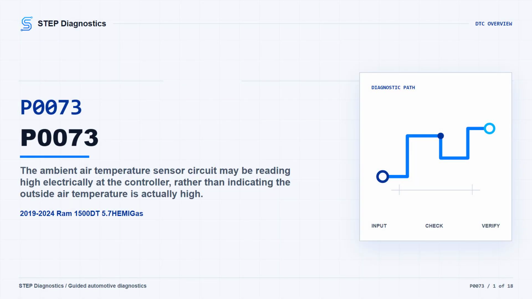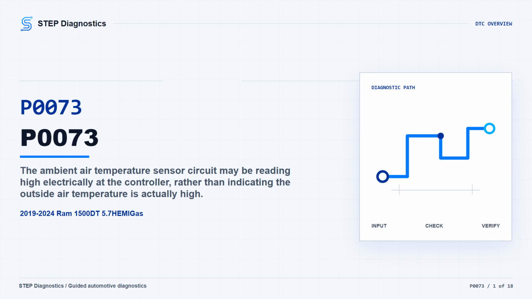P0073 means the ambient air temperature sensor circuit may be reading high electrically at the controller. In plain terms, the outside air temperature signal may be too high as an electrical value, not necessarily because the air temperature is actually high. The truck may still drive normally, but the outside temperature display may be wrong, and systems that use outside temperature